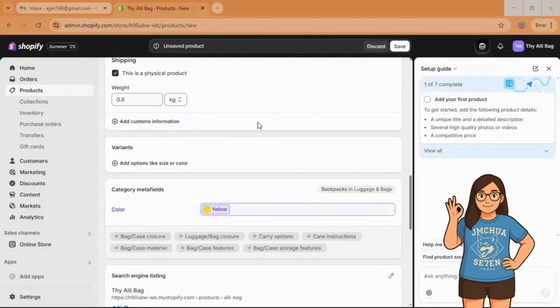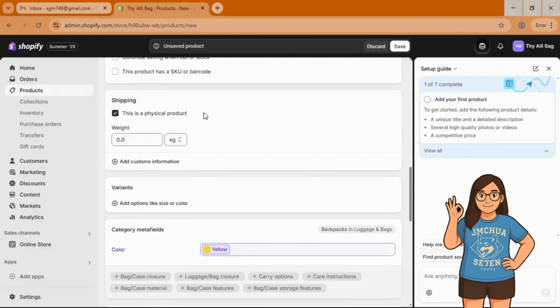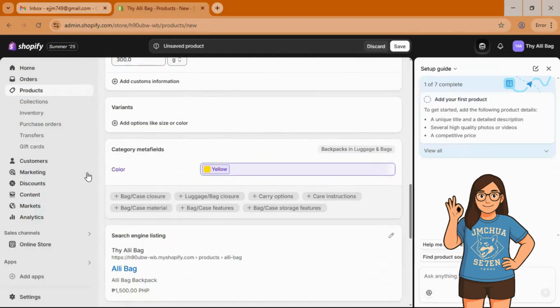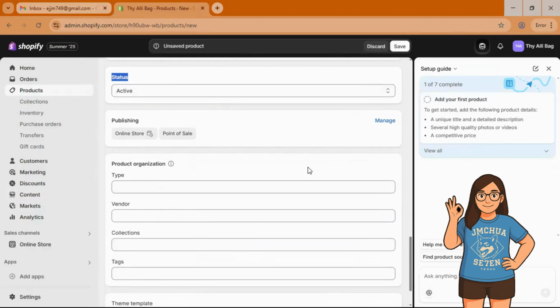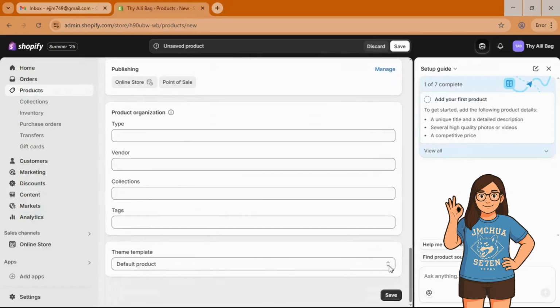Okay, scroll down here and you will see the shipping. This is a physical product. And then you put the weight here, let's say 300 grams. Okay, and then here you will see the color option or category. The status should be active, and then hit save here.